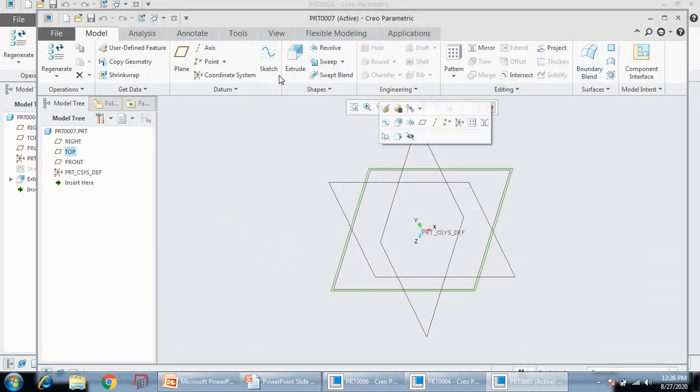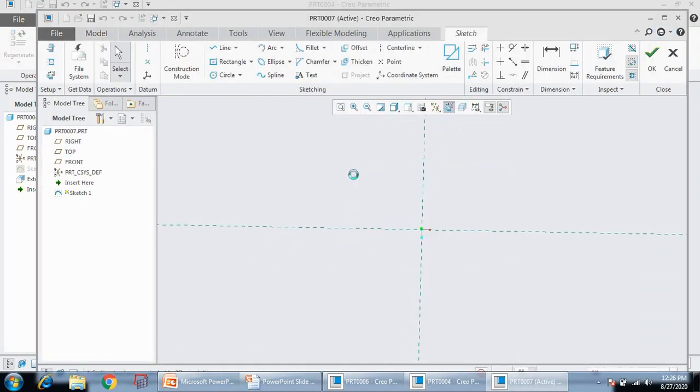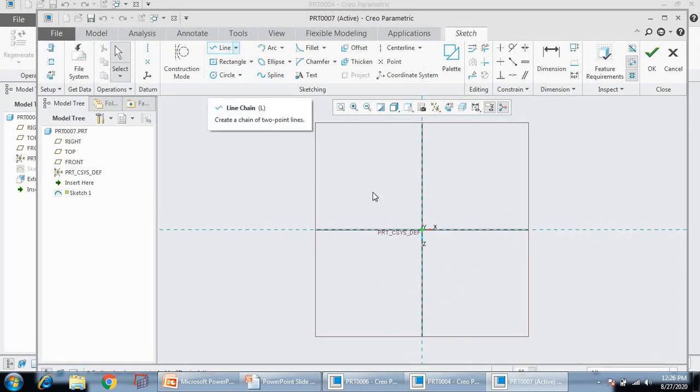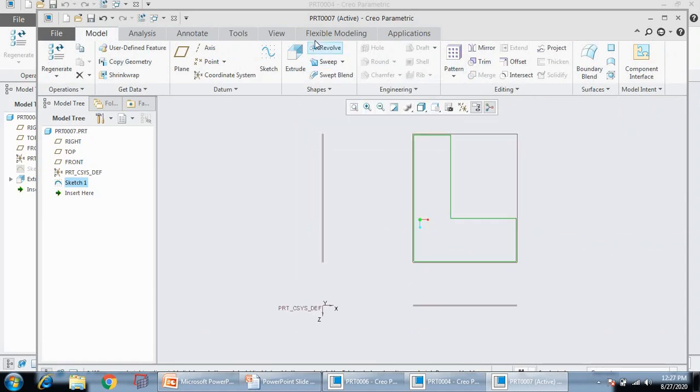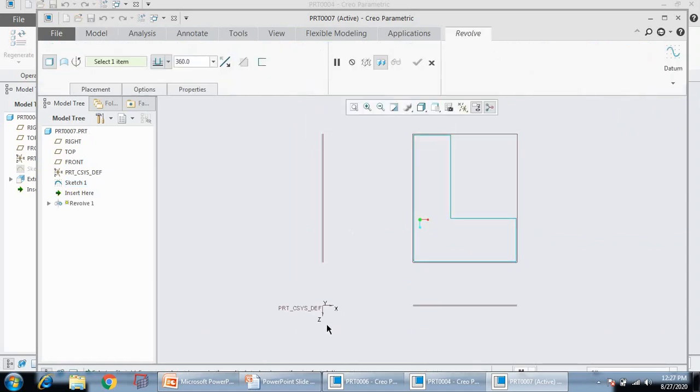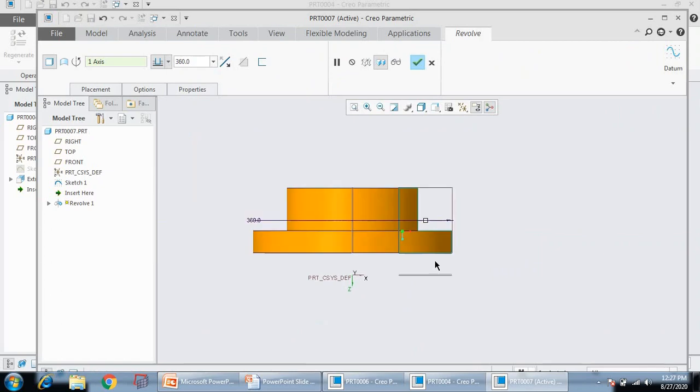Again, let us draw one new geometry. The cross section should be constant. So we'll draw one simple geometry. We are going to revolve it about the vertical axis Z.